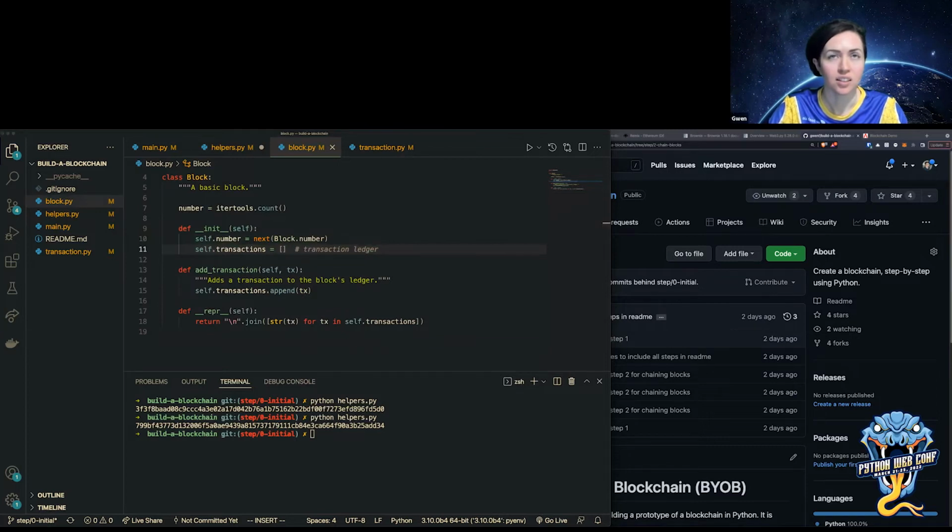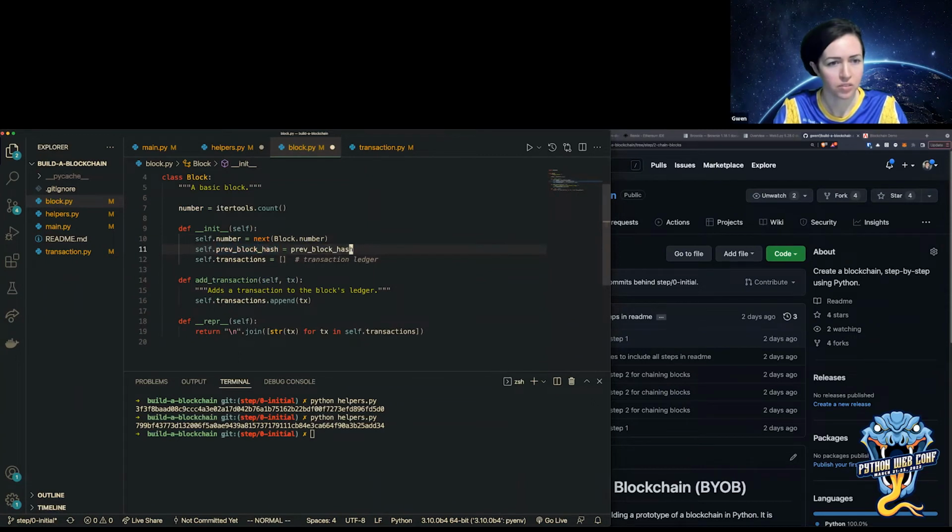So let me add just this one line to here, the previous block hash, and I'm going to have to pass that in when I create a new block. Pass in a previous block hash, and then it gets stored on this block. Of course, for the Genesis block, I'll just be passing in an empty string.